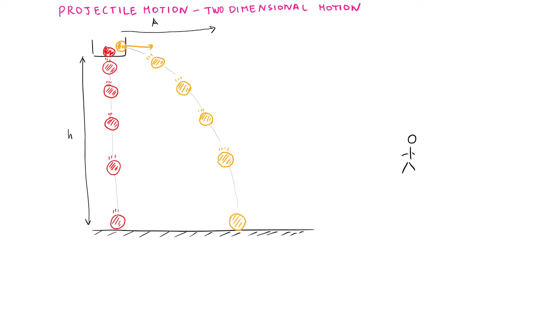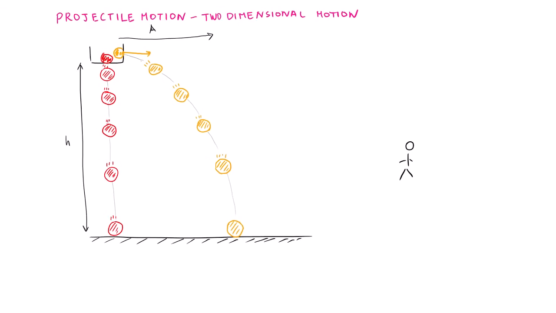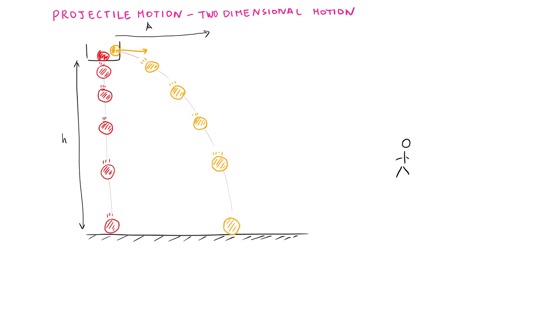And the red ball for the bird will be just in its place, not moving horizontally. In fact, there is a device with which you can actually do this experiment and analyze the motion, and you will see that the free fall motions for the yellow and the red one are exactly the same, and the horizontal is uniform. So I'm going to write in summary: horizontal